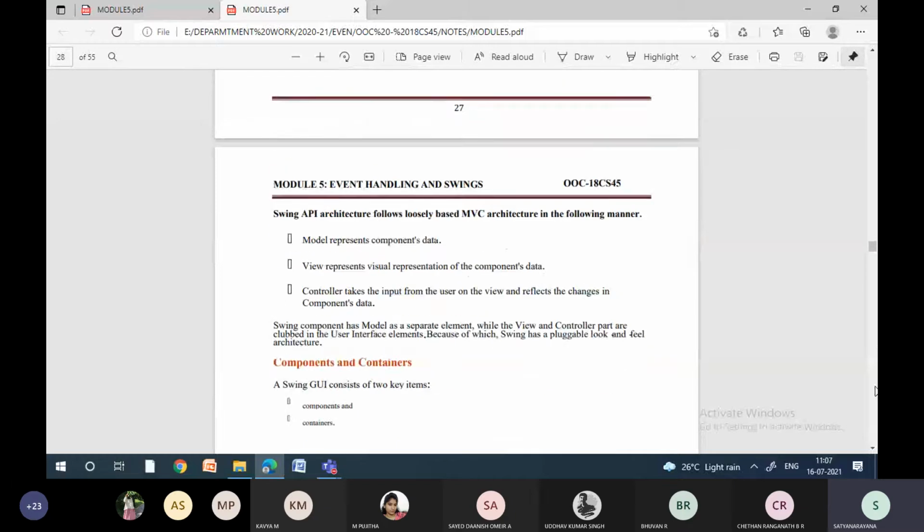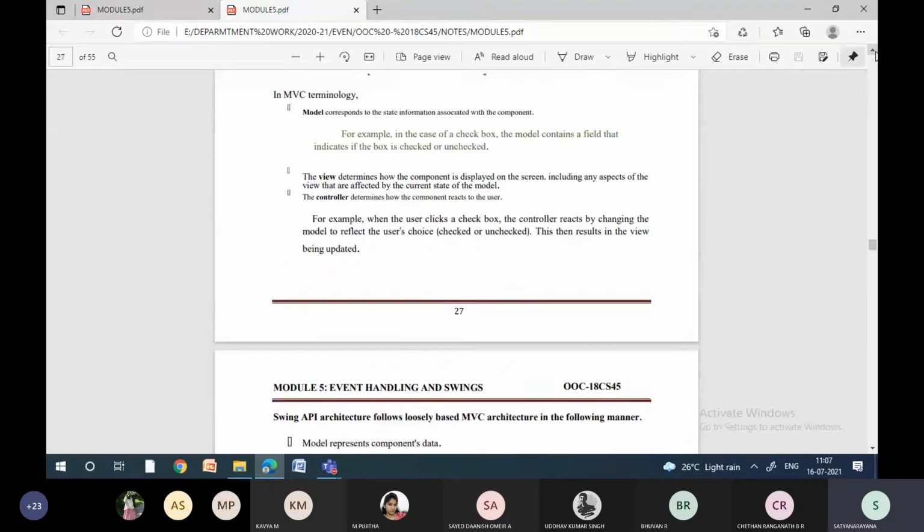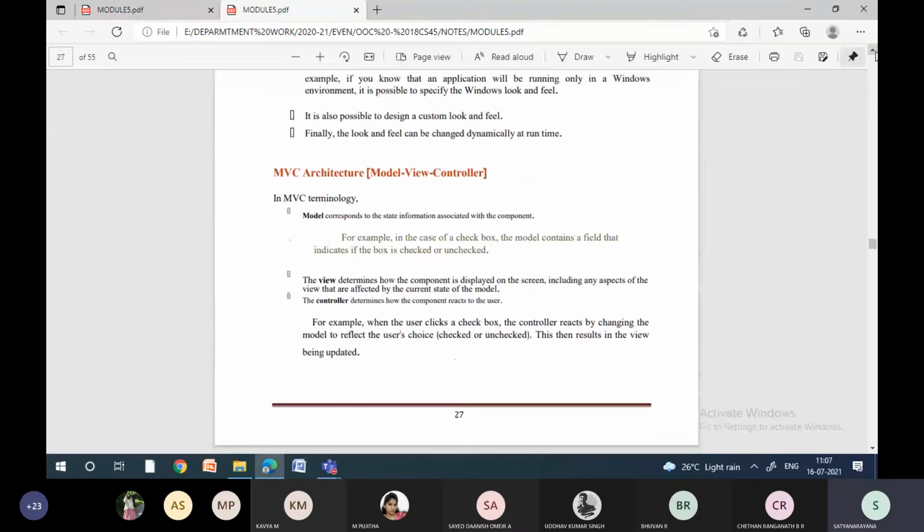As I said in the last class, MVC stands for Model View Controller. What is model, what is view, and what is controller? Why are we using this architecture? The model is how the component is, for example, if you have a checkbox, whether it is checked or unchecked.